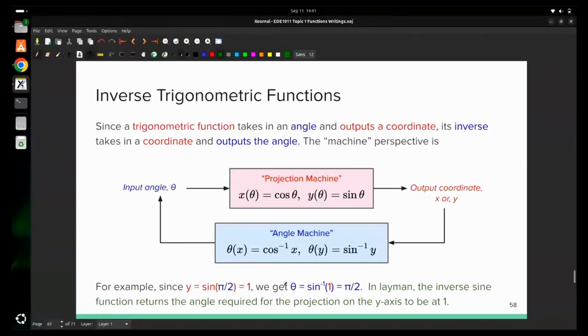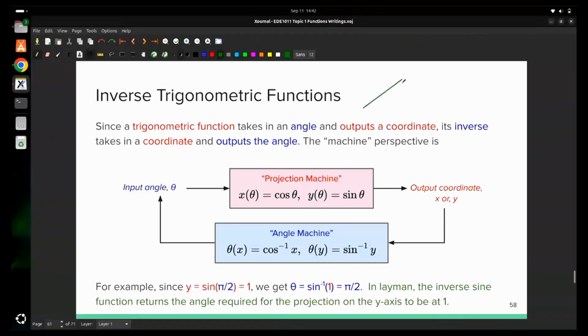Now we are going to look at inverse trigo functions. Because just now we inverted the power functions, the linear function, and the exponential function, but we haven't inverted the trigo function yet. So trigo functions are projection functions, which we mentioned before. What's cosine theta and sine theta? Adjacent projection, opposite projection. Just in case you have forgotten what the projection machine was,